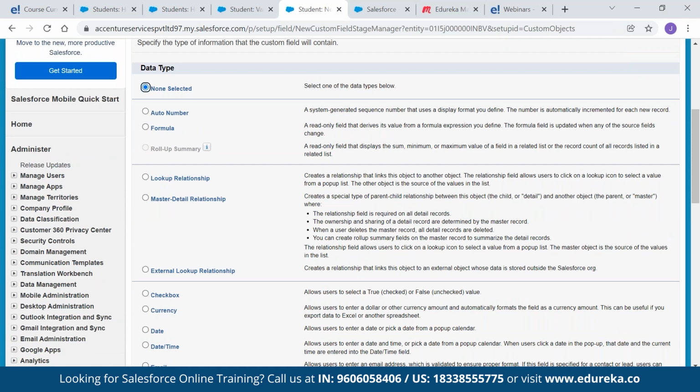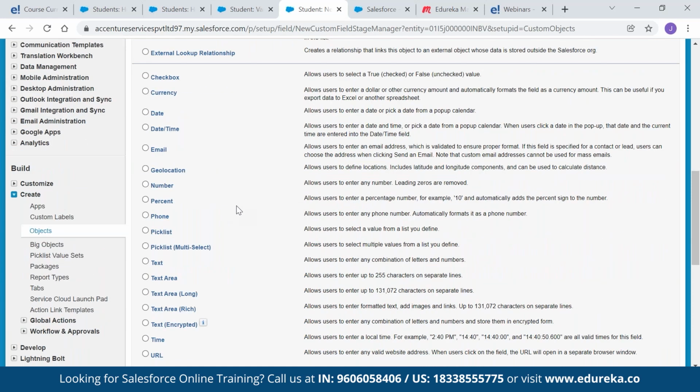The data type of a field controls which type of data can be stored in a field. Fields within a record can have different data types. For example, if it is a phone number, you can choose phone. If it is a name, you can choose text. If it is a date, you can choose date time. What is meant by pick list? As a data type for a field, you can write predefined values in that field and create a drop-down option.